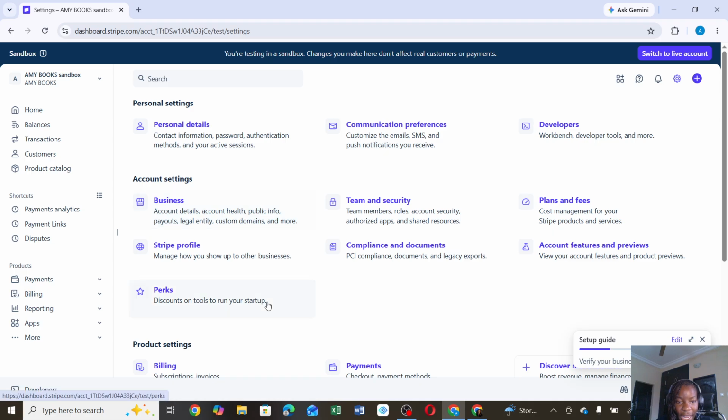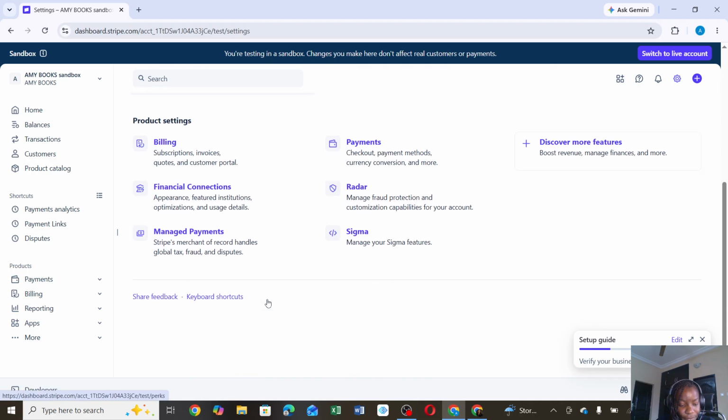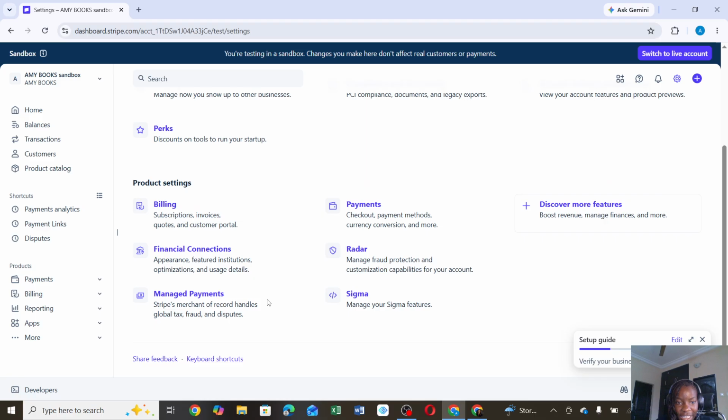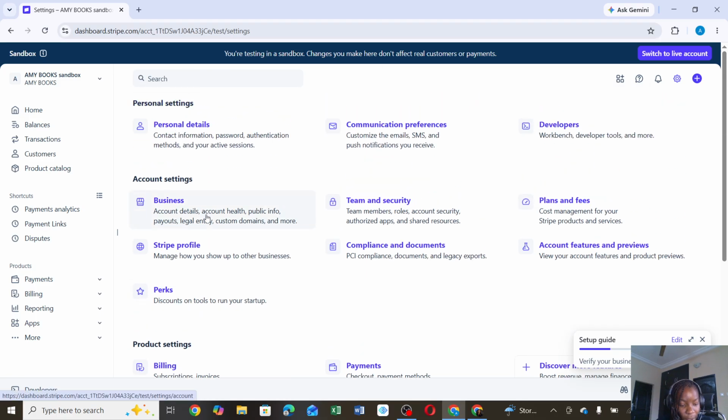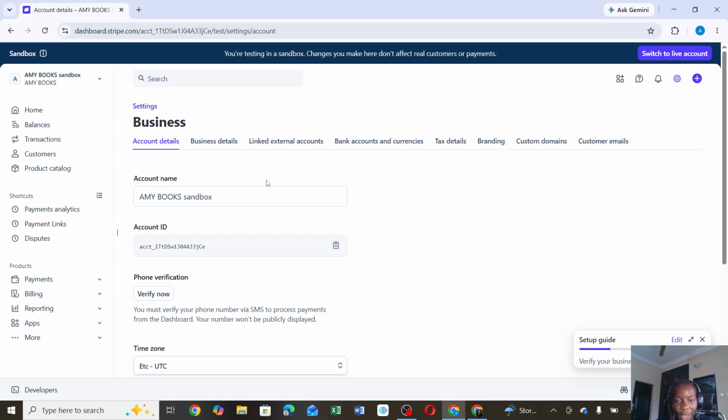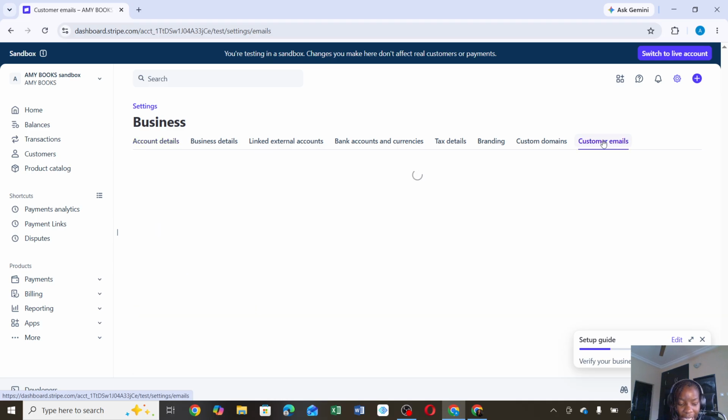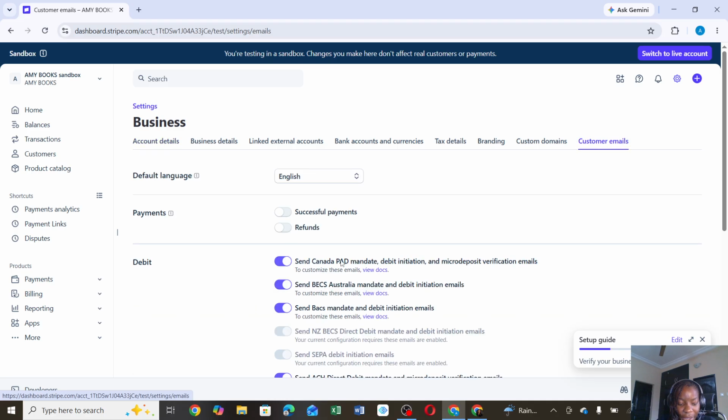you here. So go ahead and look for the business settings. Now in the business settings, that is where you have the business settings section. Just go ahead and click on it. All right, so head over to account settings, click on business, and it takes you here. So from here, just head over and click on customer emails tab, and under emails, email customer about, let's go